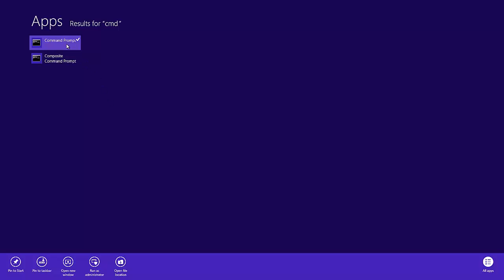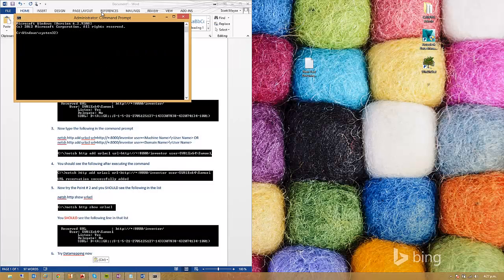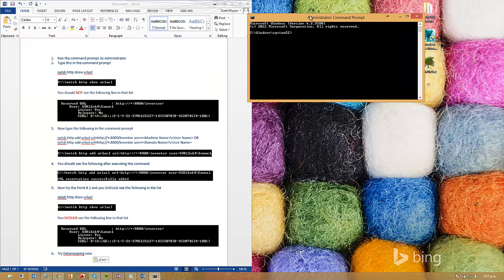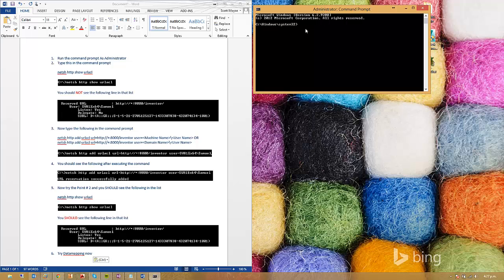And in Windows 8, you just have to right click on the icon here and then say run as administrator. And you can confirm that you're in the administrator mode by looking at the title of the window here. So from there, you can copy and paste this command in here. Right, you can't use Control V, you have to right click and say paste,